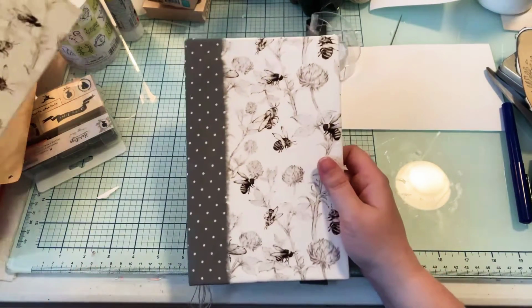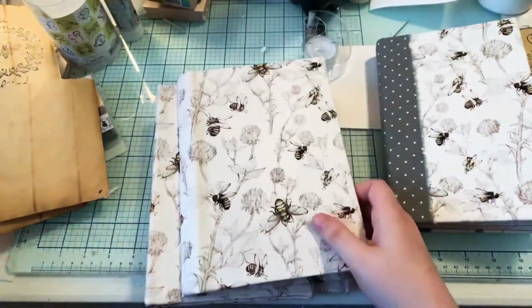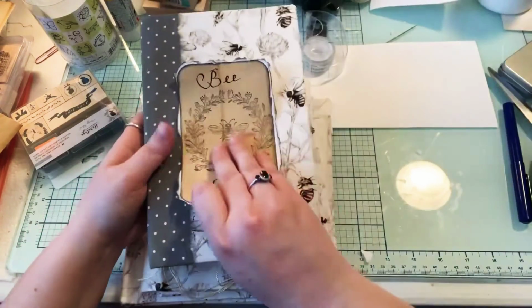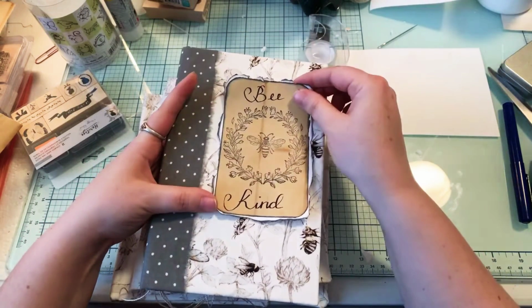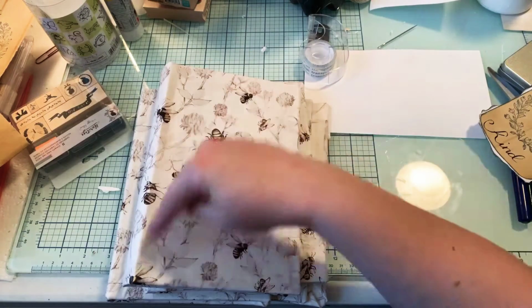So here's a finished one. I also have this one. Oh, look, I already put the bee fabric on all of them. Huh, I forgot I did that. I was thinking about putting this on here, but then it didn't look right, so I scratched that idea. Still haven't decided what I'm going to put on the front, but I need to put the gray stripes